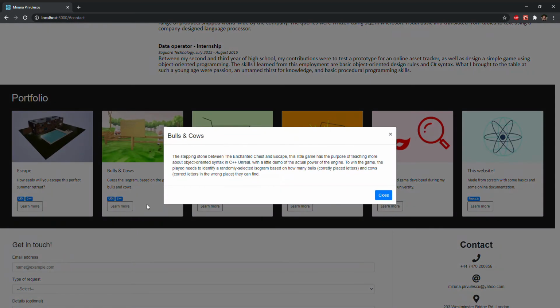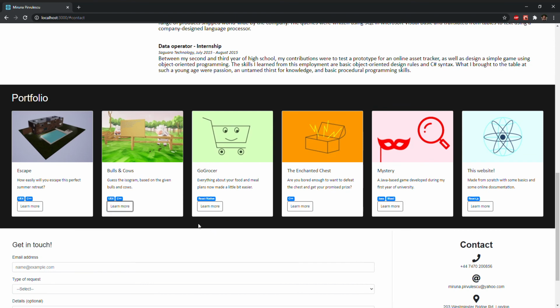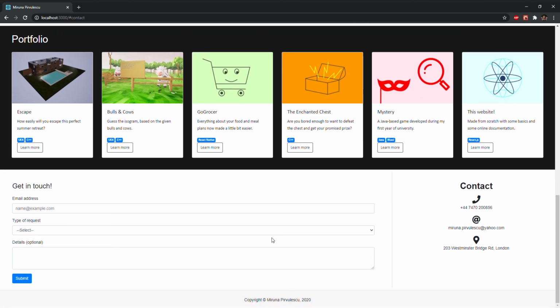This button opens a modal that gives you a bigger description, and it's going to show a video on this side as well. You've probably noticed this before you hit play. And then we just close that. For the videos, I used React Video to upload. And then there's the Get in Touch section,